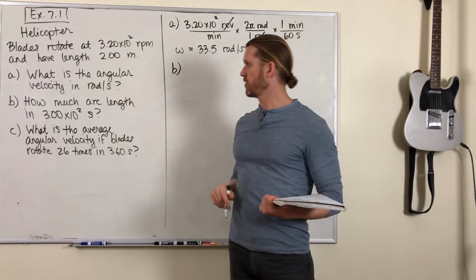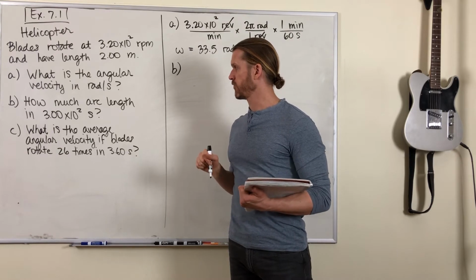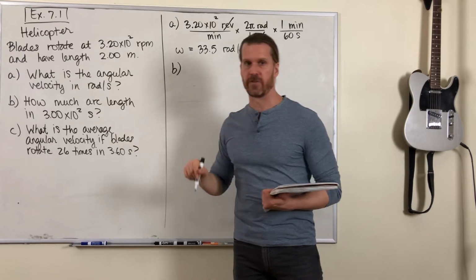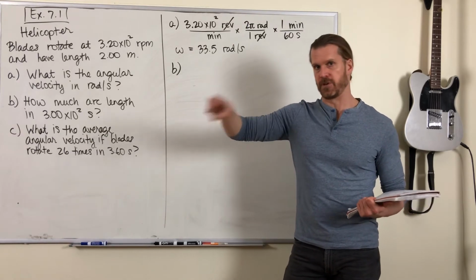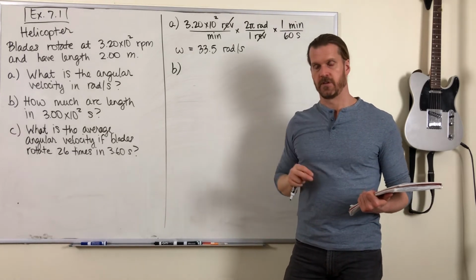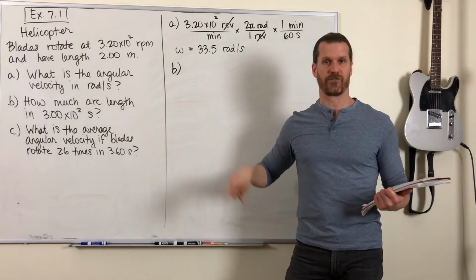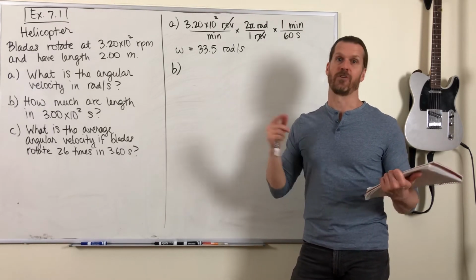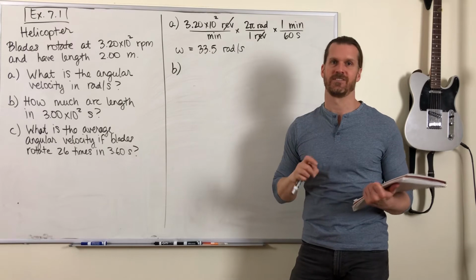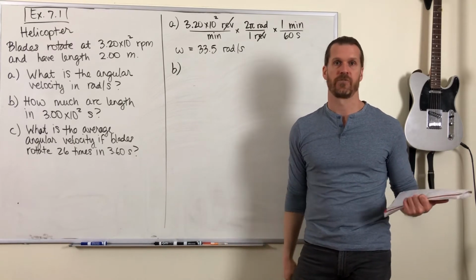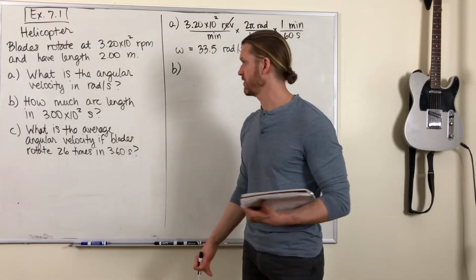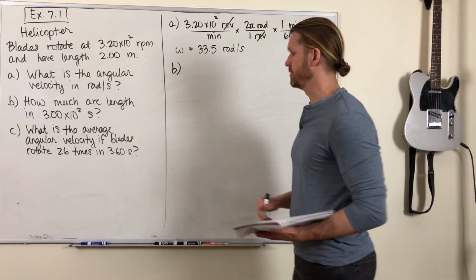Okay, so how much arc length is traced out in 300 seconds? So, meaning these blades are spinning around a bunch of times. If you look at the edge of the circle, which is going to overlap by many spins, what's the total length of that circumference, or the many circumferences in 300 seconds? So